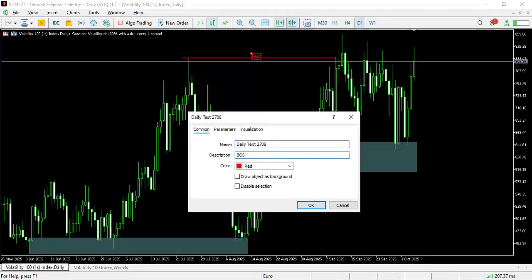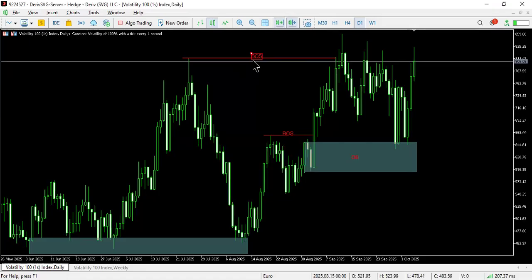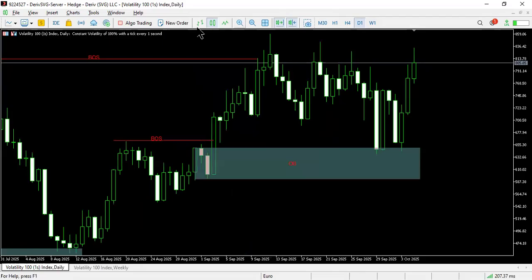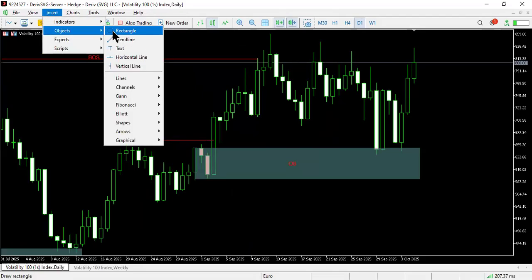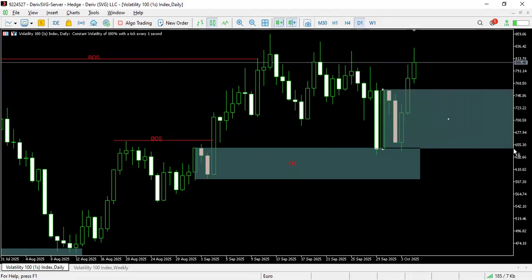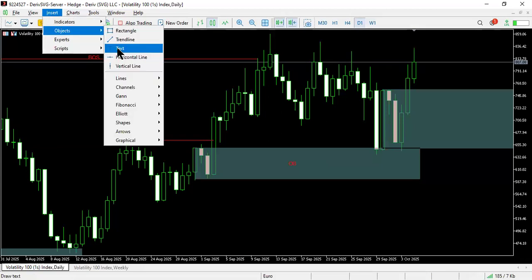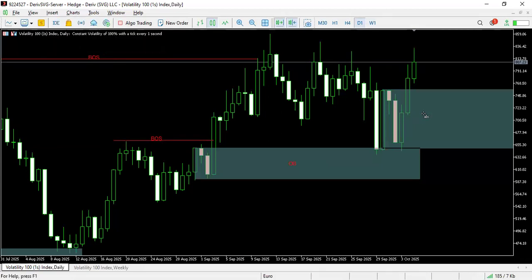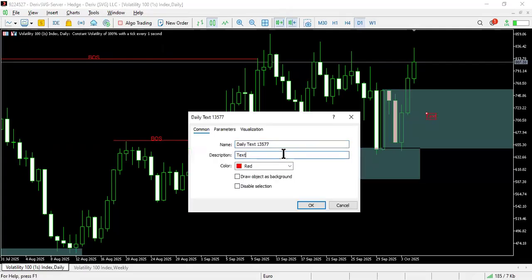And then the origin which caused that break of structure from the daily time frame is that. That is the order block. So that's pretty much it from the